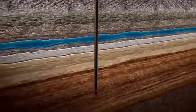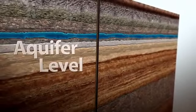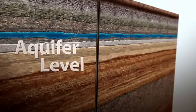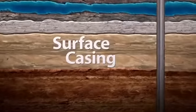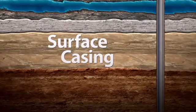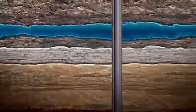The drilling continues well past the aquifer or groundwater level. Thousands of feet of rock separate shale reserves from the lowest groundwater reservoir. At this point, the drill pipe and bit are removed, and a steel tube called surface casing is set inside the well. The tube stabilizes the well's sides, creating a protective barrier for both the well stream and any underground